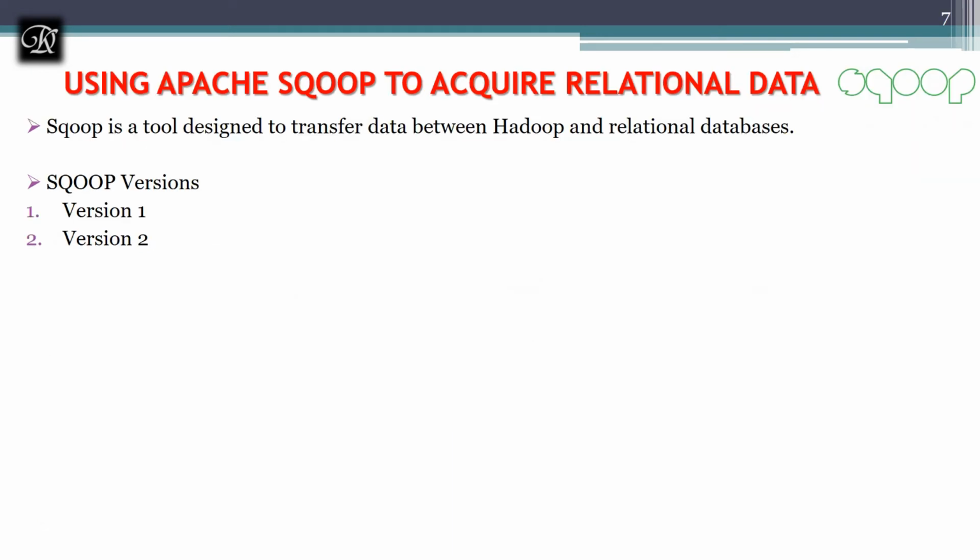Next, we'll see Sqoop. Apache Sqoop is going to be used to acquire relational data from the RDBMS. Before the term big data, we were already working with RDBMS, where we had huge data. Compared to structured and semi-structured data, the quantity is hardly 10 to 20% of the total data available in the world.